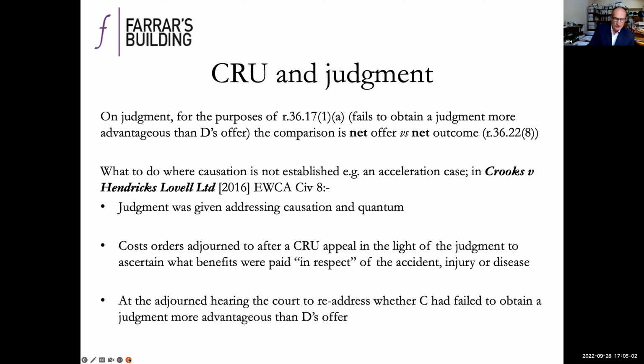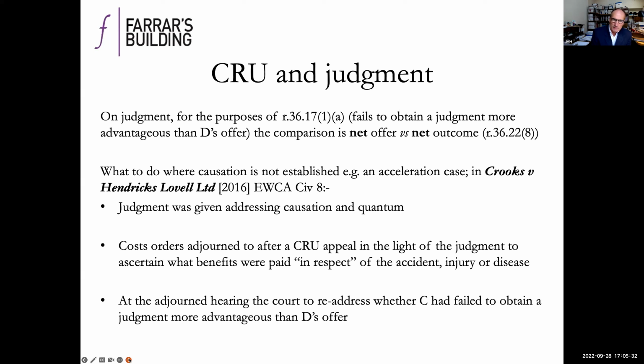It is that which matters, which then of course begs the question where you have an acceleration case or a causation case, or for whatever other reason there are issues that relate to how you should untangle the cost position, then how you disentangle that, and the answer again was given in